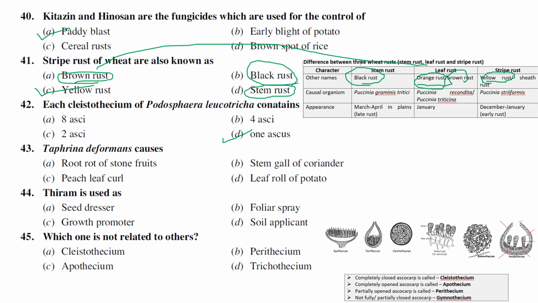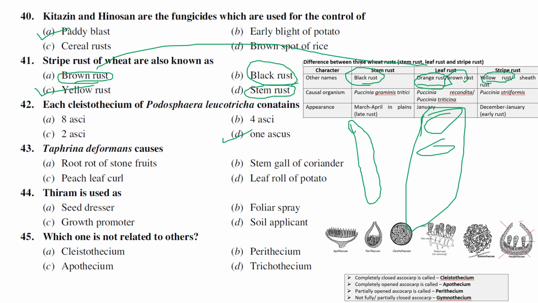Generally, you can see balloon-like structures. It would be like this, like this, or maybe sometimes like this also, where the spores are packed inside. Each ascus contains 8 ascospores. Generally, each fungus contains hundreds of asci, and inside the asci, ascospores are present.